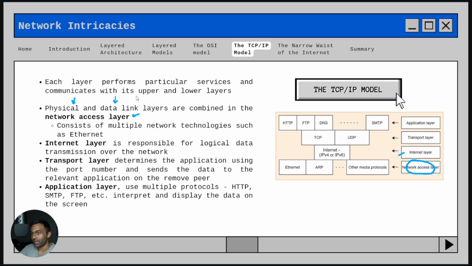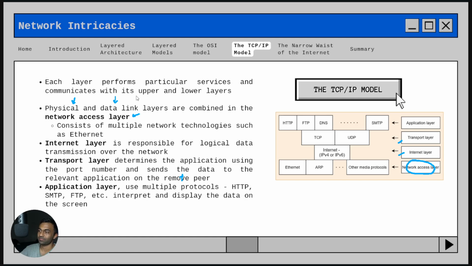The transport layer determines the application using the port number and sends the data to the relevant application on the remote peer, right? And the application layer uses multiple protocols, HTTP, SMTP, FTP, etc., to interpret and display the data